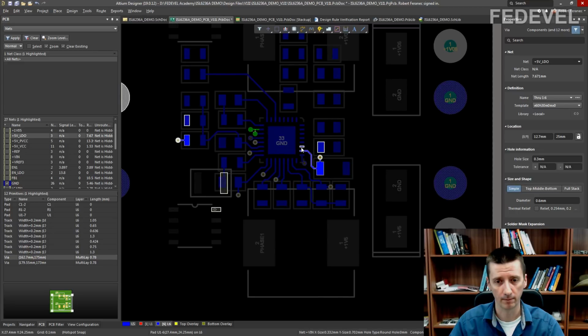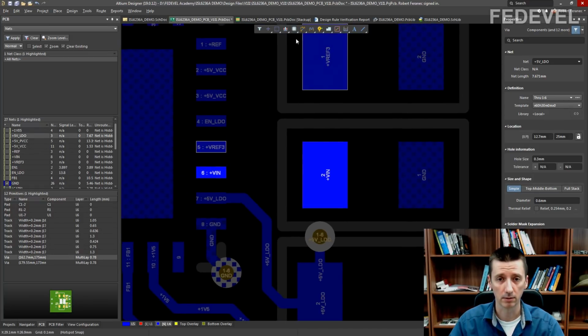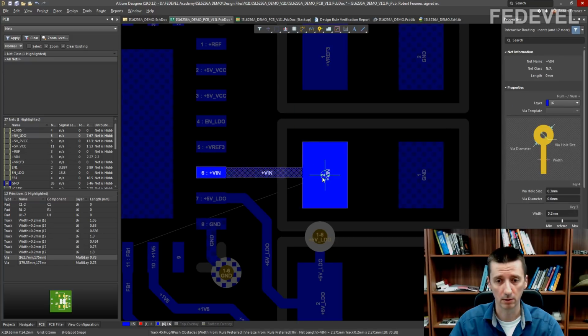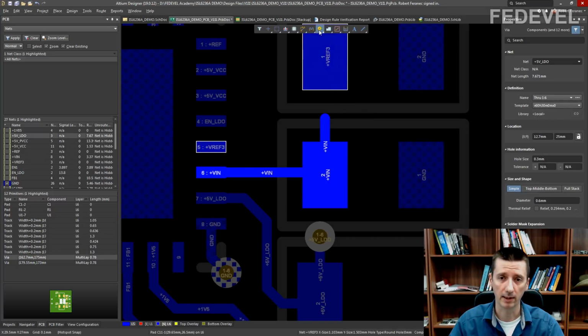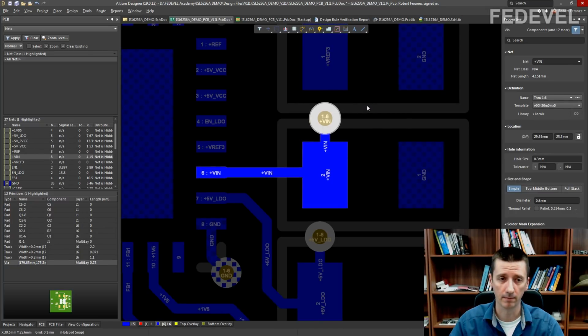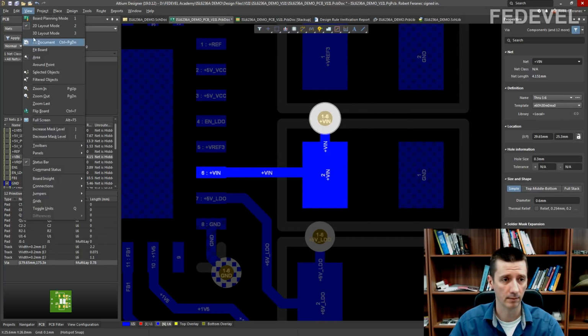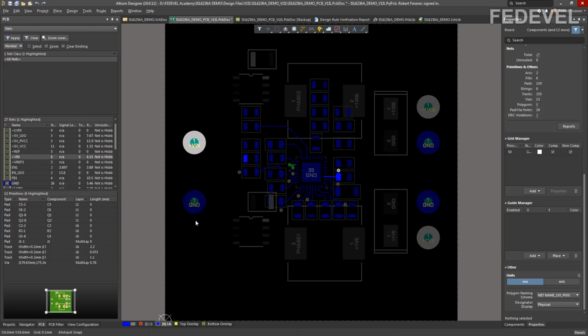Okay. Very similar. We will connect these here, and then we will connect the other pins on different layers. So just go here, place a via, next pin.